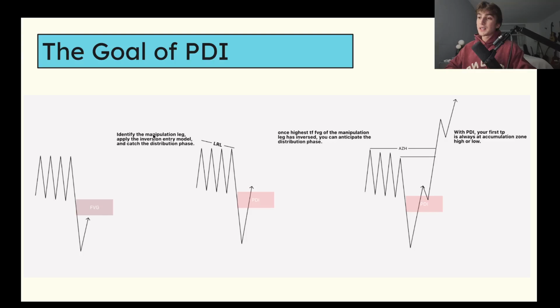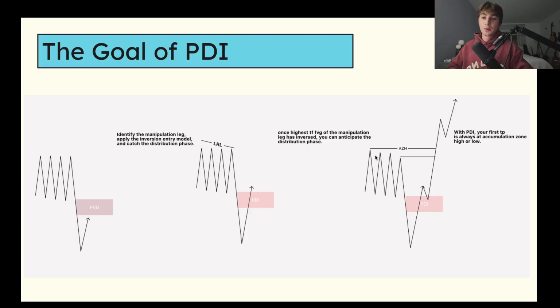But anyways, like I said, the goal of PDI is to identify the manipulation leg after we break out of the accumulation and catch that inversion to catch the distribution phase. So how does that work? How do we know which inversion to take when we manipulate? So once the highest time frame fair value gap of the manipulation leg has inversed, you can anticipate the distribution